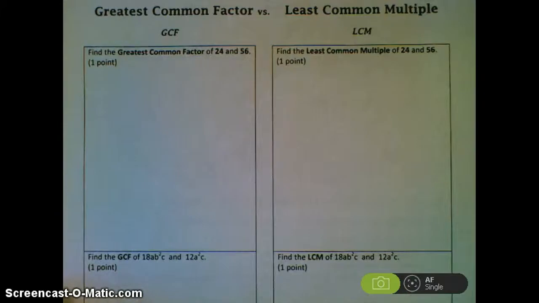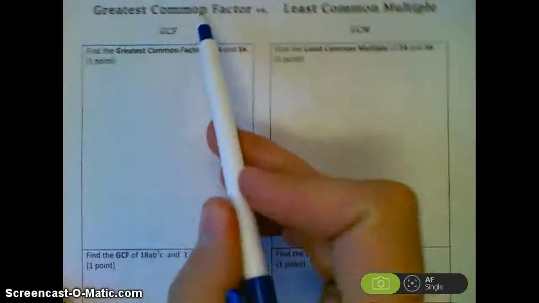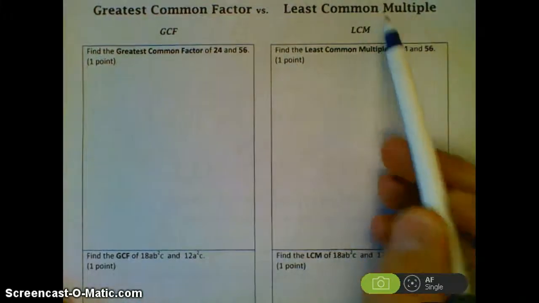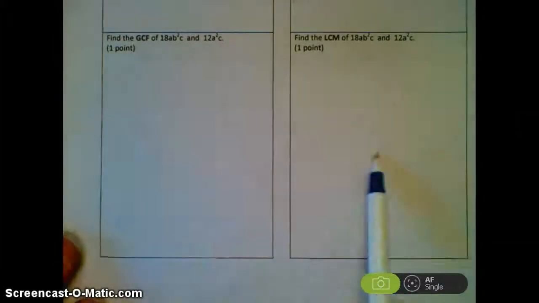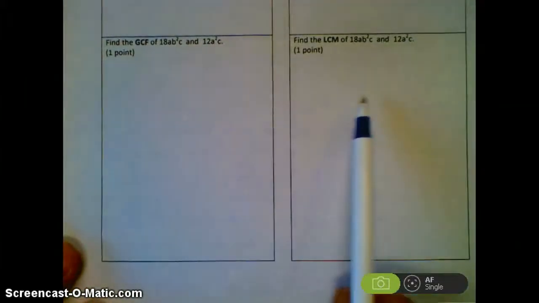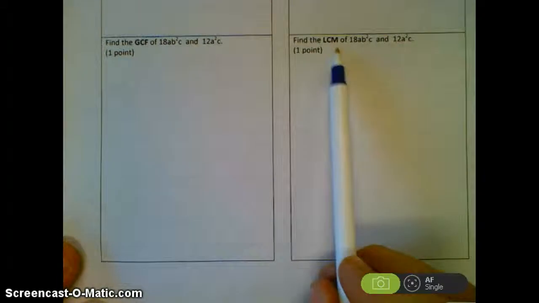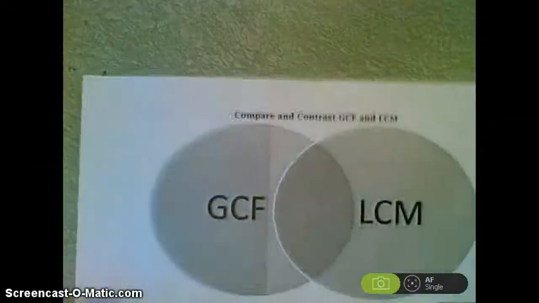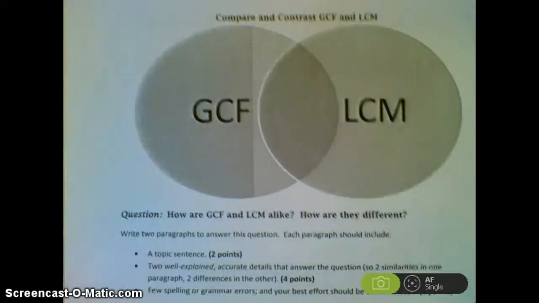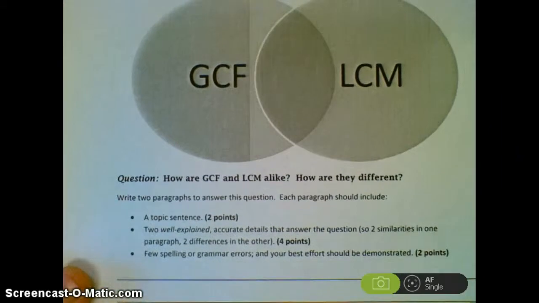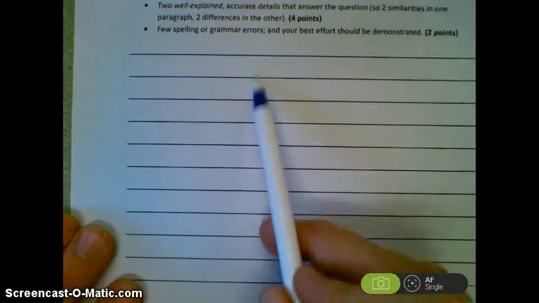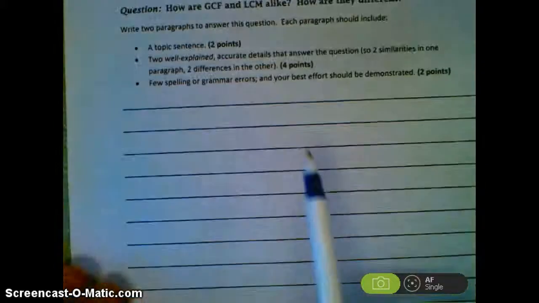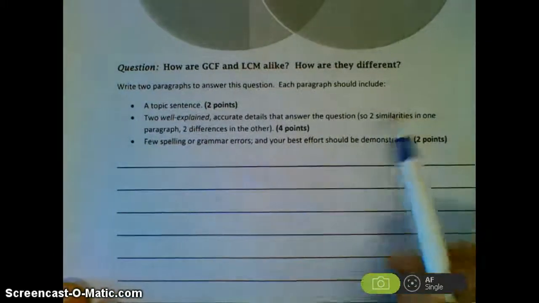This is a video for help on comparing greatest common factor and least common multiple. On this side of the handout, I want you to actually use greatest common factor and least common multiple. But on this side, you have to think more deeply about greatest common factor and least common multiple, with the goal of getting two well-written paragraphs, one about similarities and one about differences between GCF and